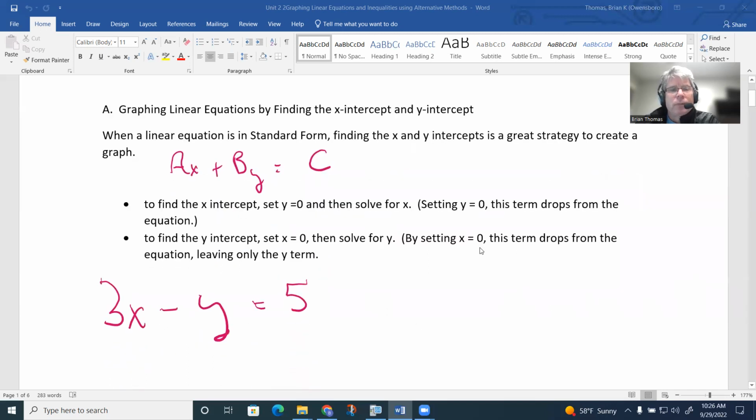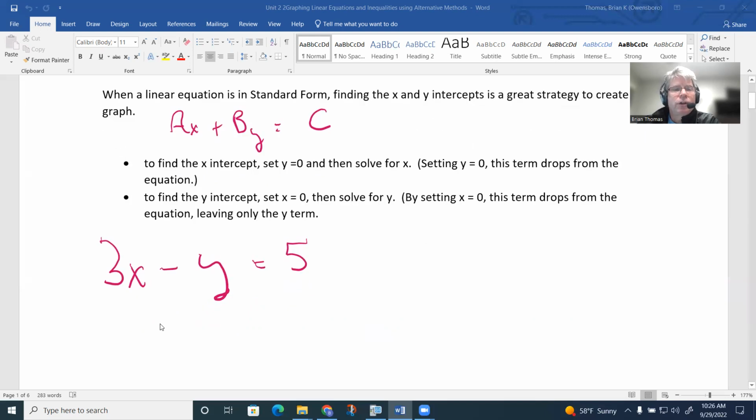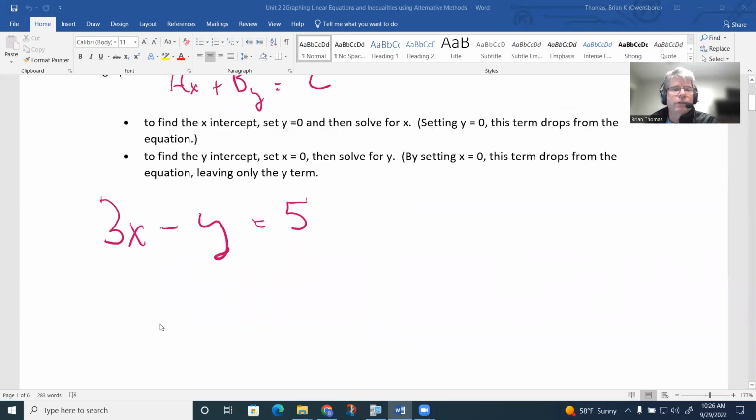So remember, to find an x-intercept, the y value was 0. So to find an x-intercept, we're going to set y equal to 0 and then solve for x. Setting y equal to 0, this term will actually drop from the equation. So let's see if we can do that for this example here. So if I want to find the x-intercept,